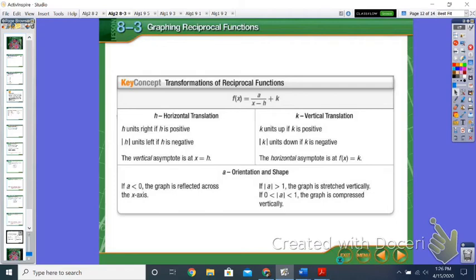So it talks about moving it right or moving it left or up or down or whatever the case may be, but you don't really have to pay attention to this. Okay, so